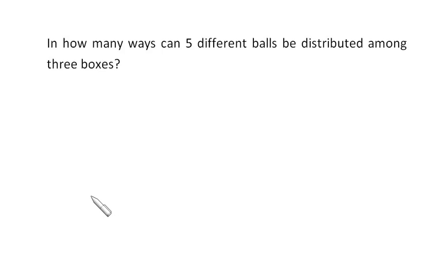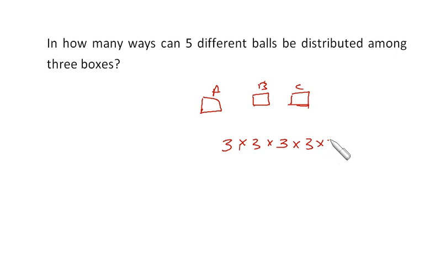Now let's see this question. In how many ways can 5 different balls be distributed among 3 boxes? Now for the simple problem, we have the 3 boxes, maybe A, B and C, right? Now for the first ball, we have the 3 choices, right? We can put the ball in any of the boxes. For the second ball, still we have 3 choices. For the third ball, we have 3 choices. For the fourth and for the fifth. So in all 3 raised to 5 ways are there to put these 5 different balls in any of the